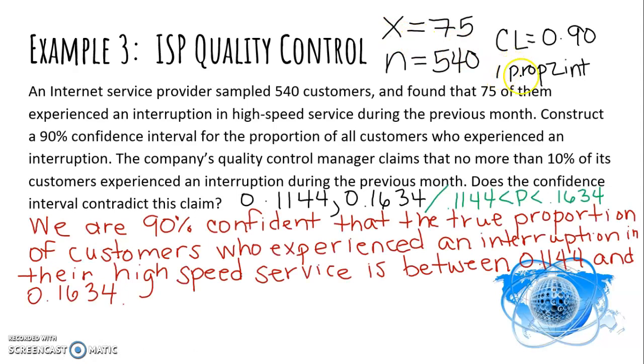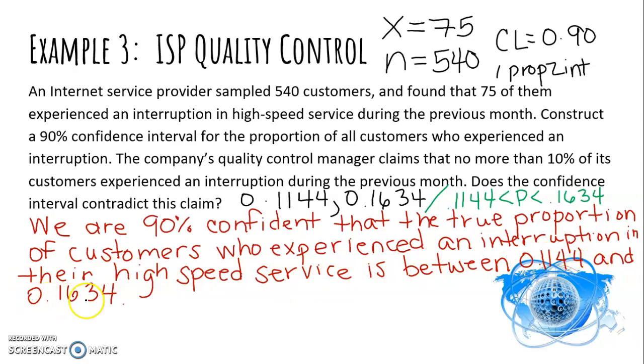So you should choose 1-PropZInt. X will be 75, N will be 540, confidence level 0.90. Your confidence interval will be 0.1144 to 0.1634. You can also write it 0.1144 < p < 0.1634. The sentence should sound about like this. We are 90% confident that the true proportion of customers who experience an interruption in their high-speed service is between